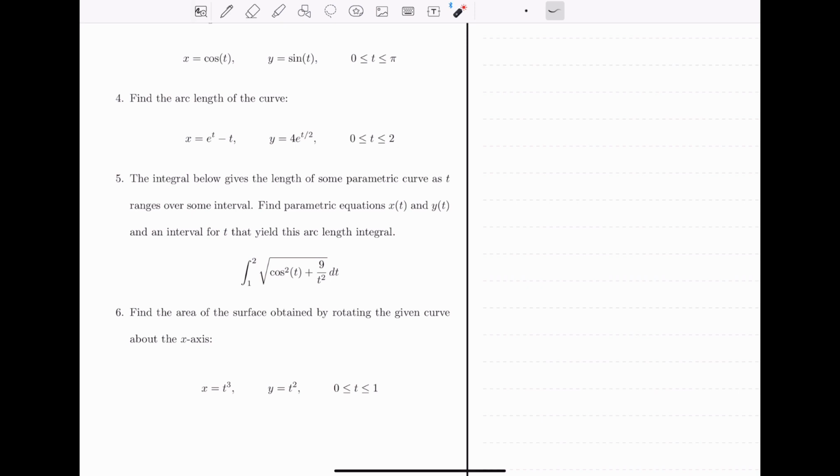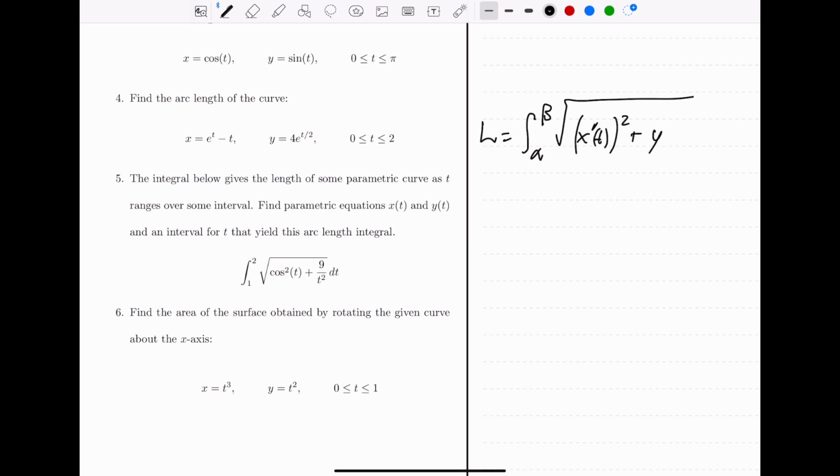Now, in general, there's actually multiple possible answers that would work here. So there's not really one single best answer. There's multiple ways that we could express this. And to start, let's write down the formula for arc length in terms of parametric functions. So we have the integral from alpha to beta of the square root, and then the x function derivative squared plus the derivative of the y function squared, integrating with respect to t. So I'm going to view this as the x derivative squared, and I will view this as the y derivative